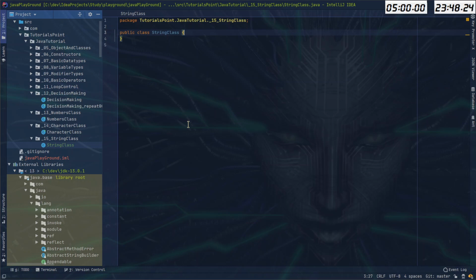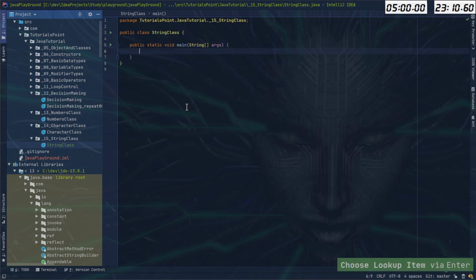So the strings, first of all, are immutable objects. I don't know how this will be useful right now, so let's start with the primitive, shall we? Well, it's not really primitive, it's the object reference. So I'll do a public static void main method, and then I'll do